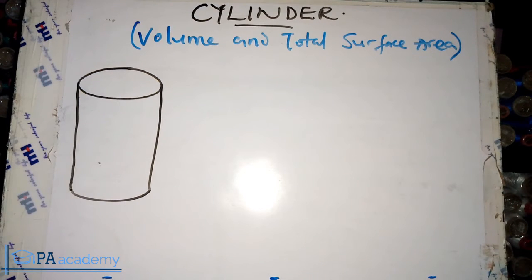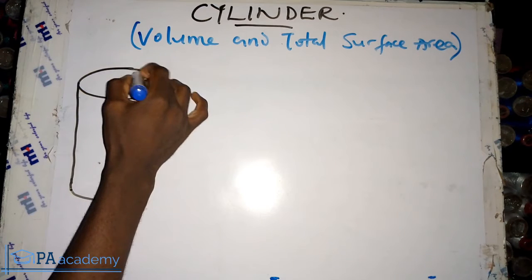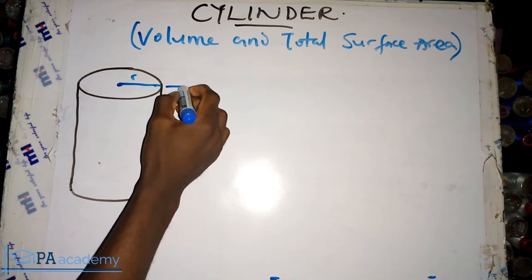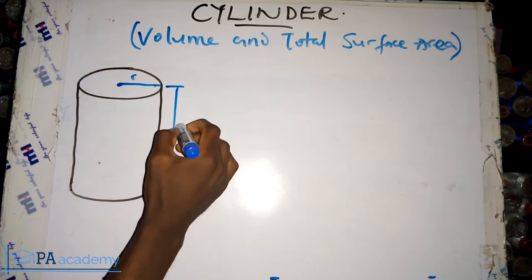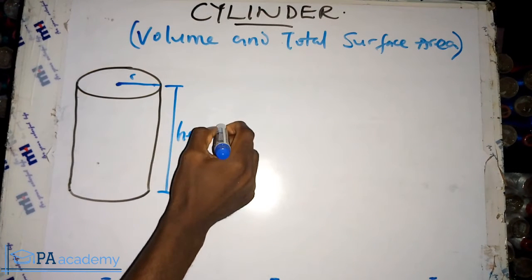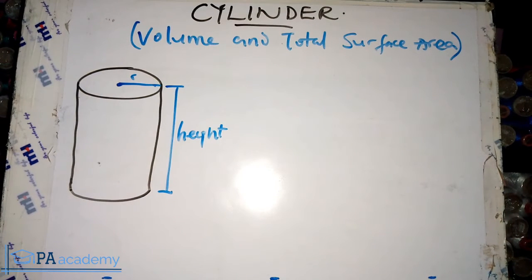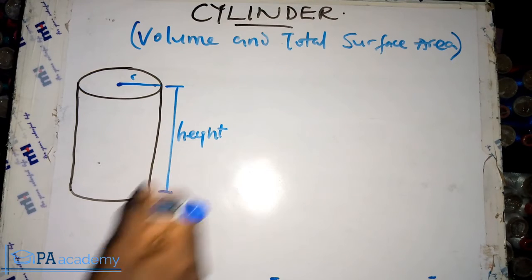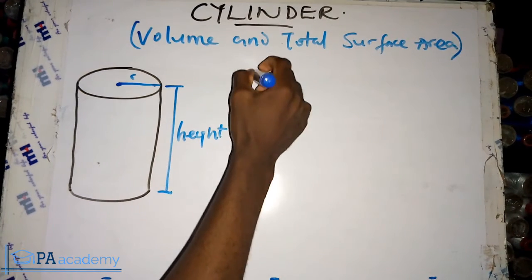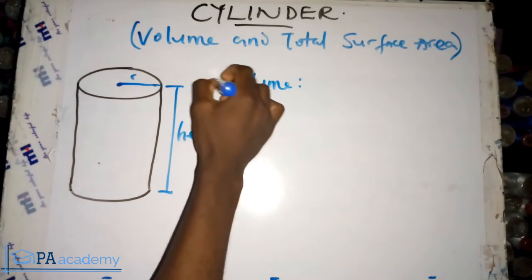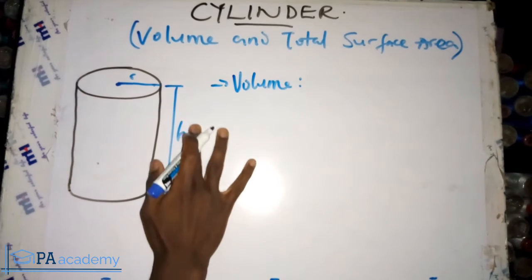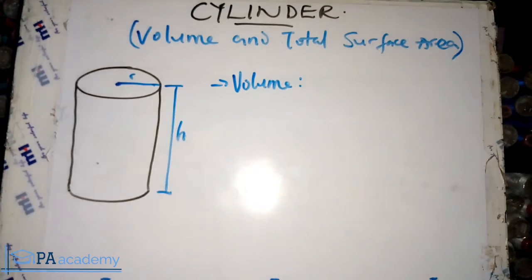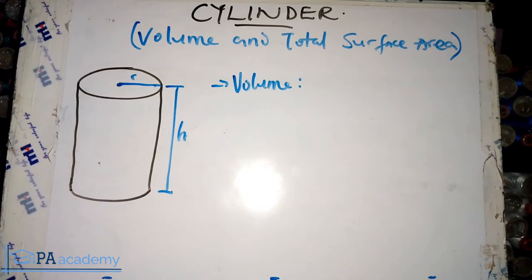So from the center, this is the radius, and then from this point to this point, this represents the height of the cylinder. So now to calculate the volume, let me just add this as H because of space. The formula for the volume of a cylinder is given as